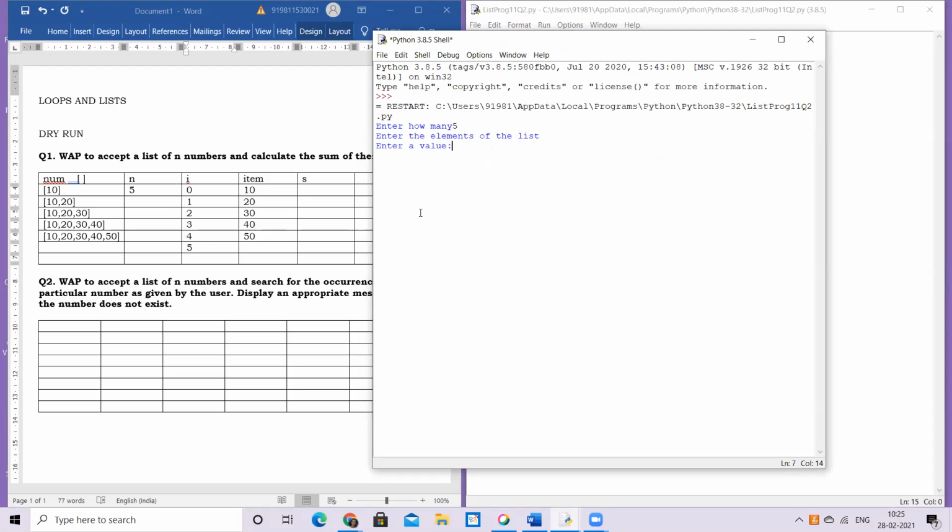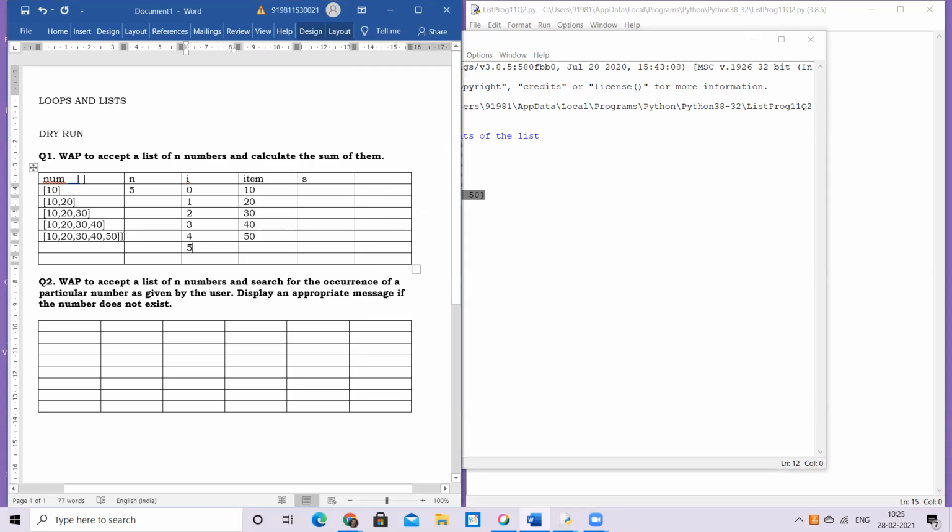So I said 5 elements. Then it says enter the elements of the list: first value, second value, third value, fourth value, fifth value. If your loop continues more, that means your logic is wrong. It should accept 5 elements only because you said 5. Enter how many? You said 5. So finally, I got my list ready.